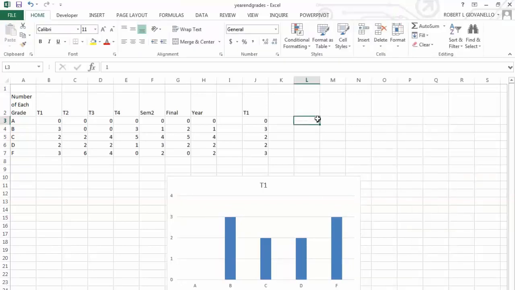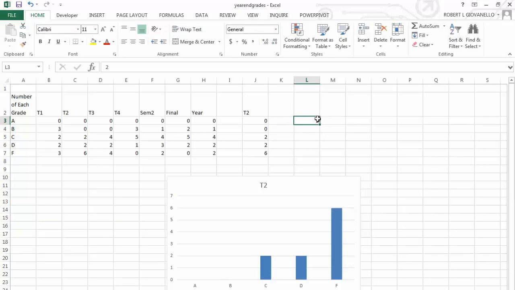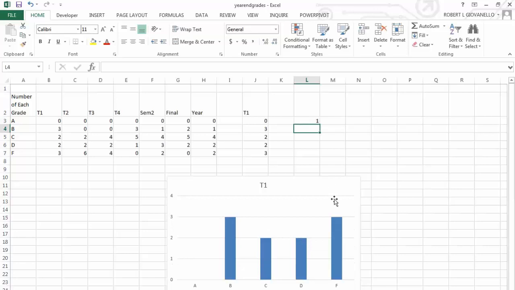So let's see if it works. 2, and then 3, and then 1. Yeah, so that looks much better. We have the dynamic chart. The question is, how can we get this number to switch without having to type